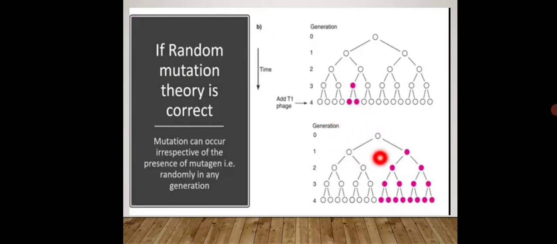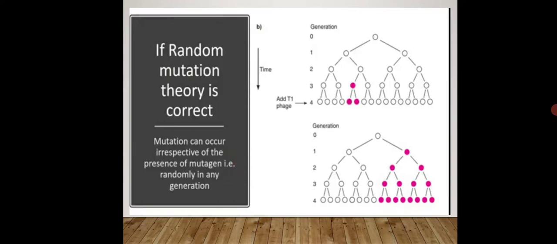Okay, when the rate of mutation is different, you can see that the first time I carried out this experiment, मुझे थर्ड और फोर्थ जनरेशन में म्यूटेशन दिखा, और जब मैंने एक्सपेरिमेंट सेकेंड टाइम कैरी आउट किया, सेम एक्सपेरिमेंट, तब मुझे फर्स्ट जनरेशन में भी दिखा, सेकेंड जनरेशन में भी दिखा, थर्ड जनरेशन में भी दिखा और फोर्थ जनरेशन में भी मुझे म्यूटेशन दिखा है. Okay, so your rate of mutation was different. Hence, it has been proved that random mutation theory is correct.